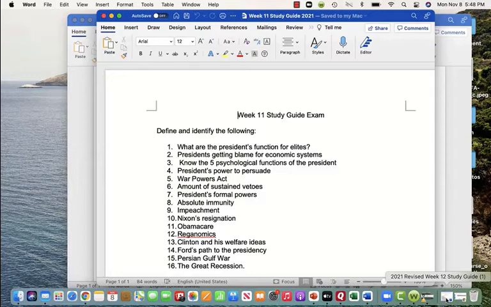Know that 3 presidents have been impeached, but none have been removed. We've seen Andrew Johnson impeached, Bill Clinton impeached, Donald Trump impeached twice, but none of them were removed. Know that Richard Nixon was forced from office because he committed a crime. He resigned. Know what Obamacare is and the Patient Protection and Affordable Health Care Act, which sets up a single-payer